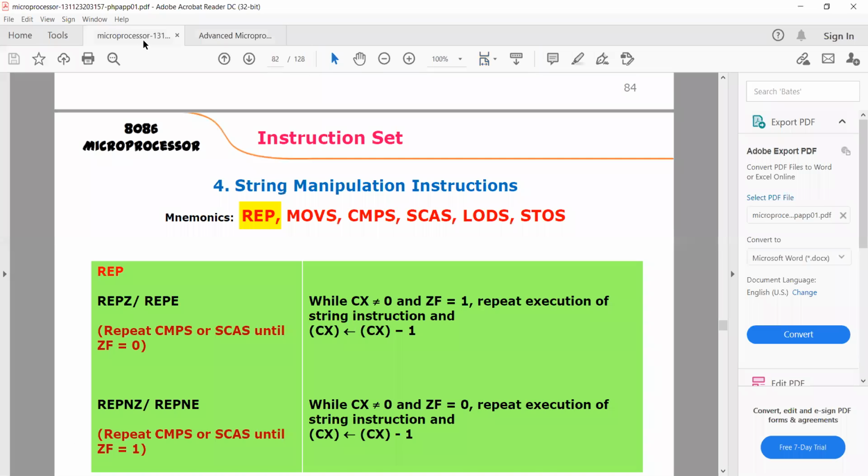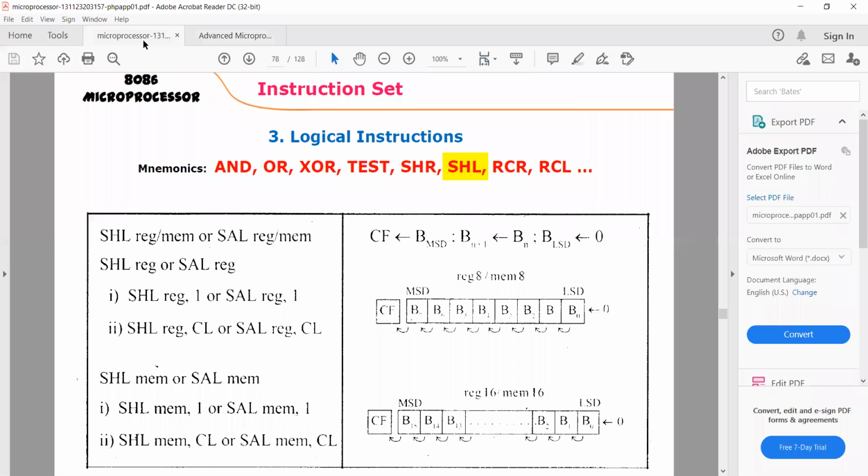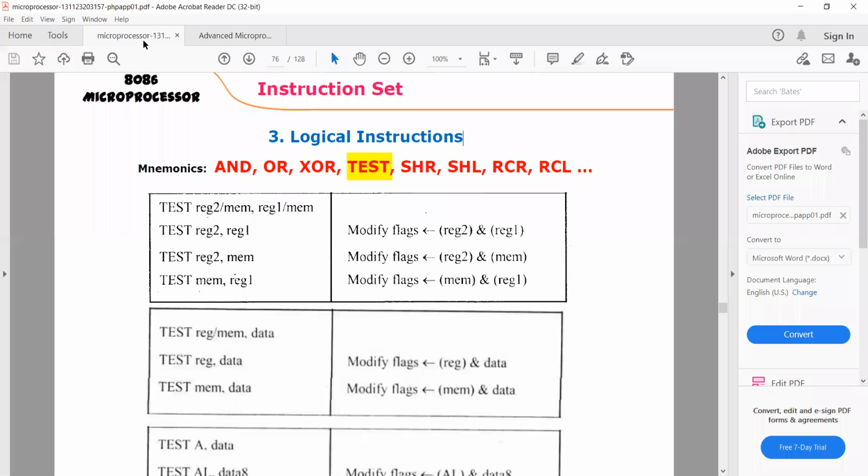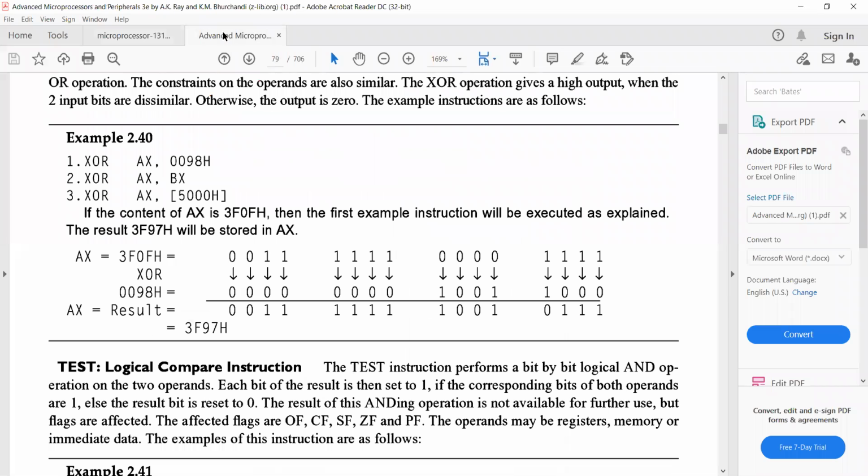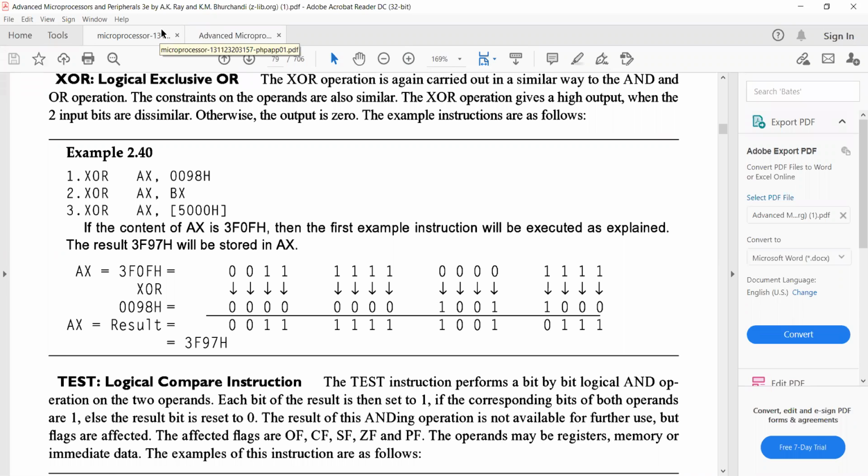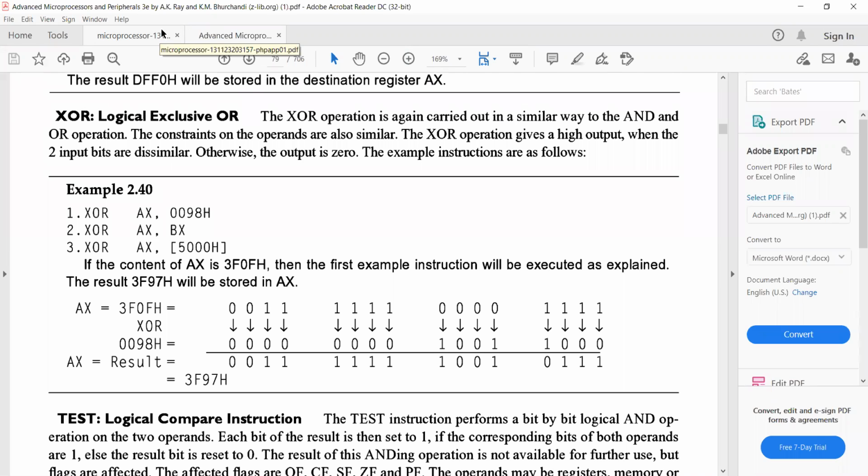Right. So we were discussing the logical instructions part in the instruction set of 8086. I'll go with the textbook today, not with the presentation, in order to give you more clarity, because the presentation is not clear to you. We discussed two to three instructions under the logical instruction category, such as the AND instruction and the OR instruction. The next instruction to be discussed is the XOR instruction.